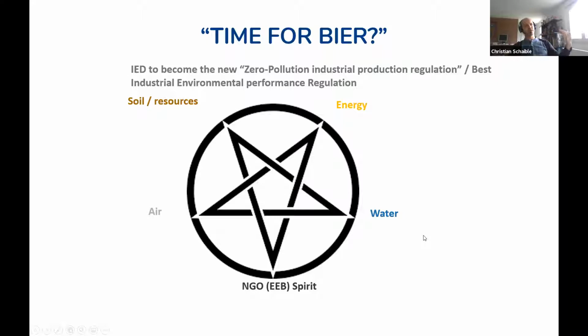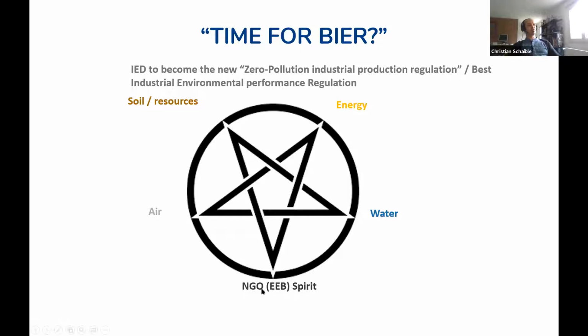I mean, you have some countries which are more advanced in the BAT uptake. If I can name Austria, Belgium, sometimes Germany, depending on the sectors. And then the others are more catching up. Sweden, they claim they are the front runners, but if you look, they have quite some derogations as well. I was quite surprised to see how many derogations they have.